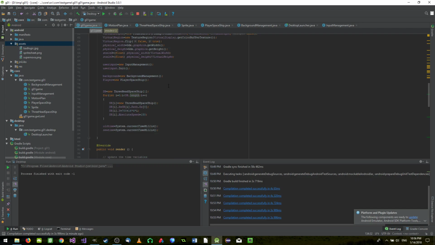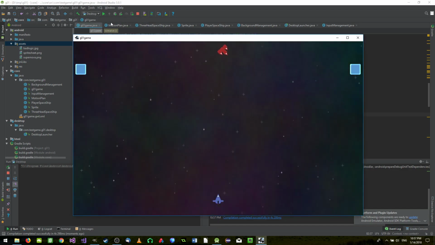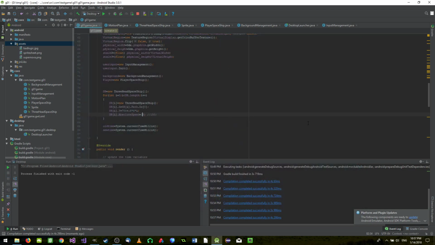When I set this one, what is the speed, absolute speed? I will make it 10. Instead of this one, I'll make it 10 semicolon. And the reason for that is that I want to see what happens when the spaceship gets rotated. Okay, maybe I need to increase the speed a little. I'm sorry, maybe not 10, make it 50. And the reason for that, as I told you, is that I want to see where things are being